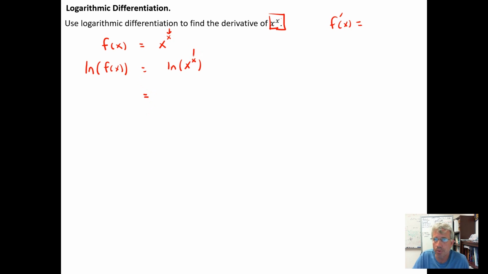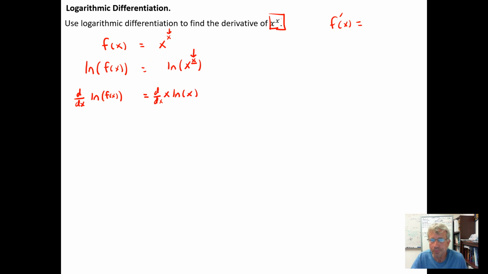So using log properties now, the exponent can be brought down in front of the natural log, and the base gets left behind. So we wind up having the natural log of f of x equaling x times the natural log of x. And then what we'll do is take the derivative with respect to x, take d dx of